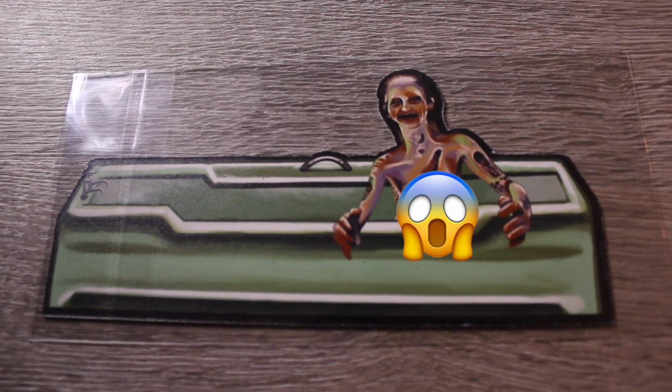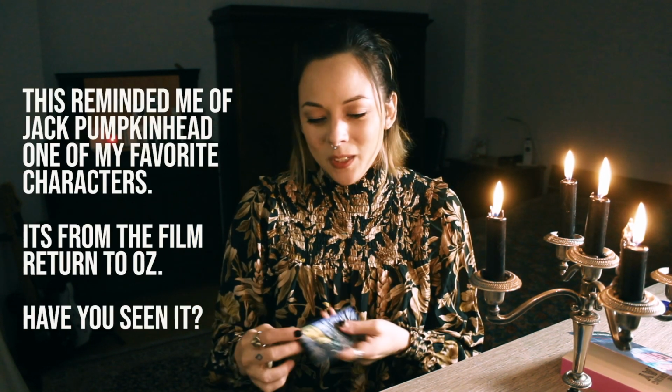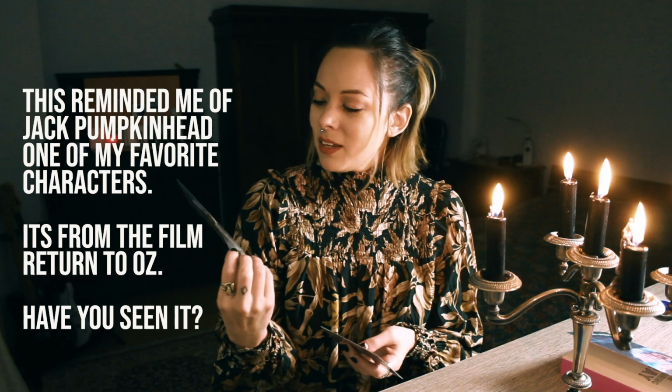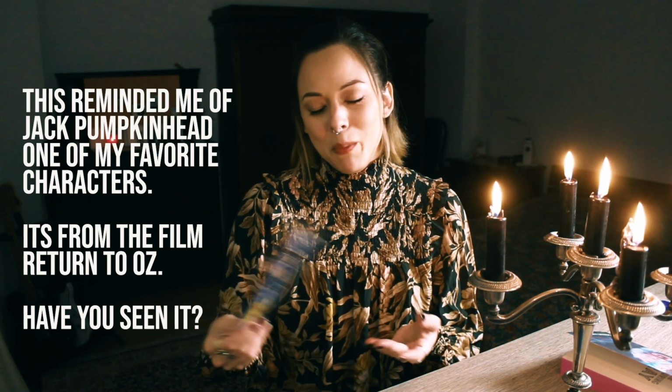And then there's another bookmark here that says, "Their heads weren't found severed, their heads were not found at all." And it is a Sleepy Hollow reference. So that's awesome. So cool. I love these bookmarks, and I kind of don't like to use them because I don't want to mess them up. But how cool is that? Two-sided. Okay, so now that we have the mail out of the way, let's go ahead and get to My Best